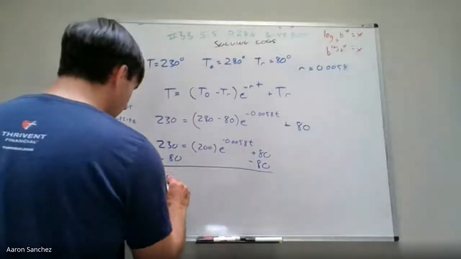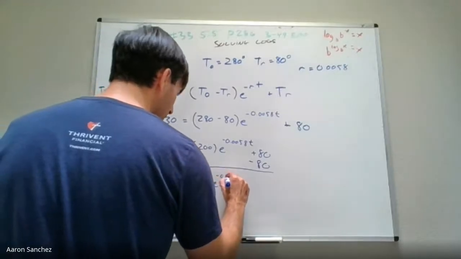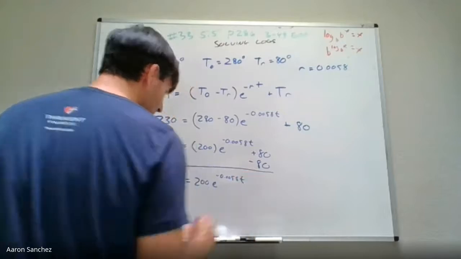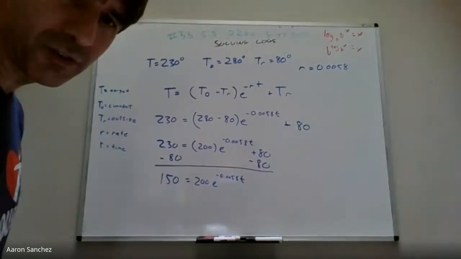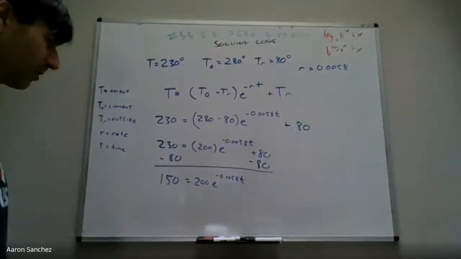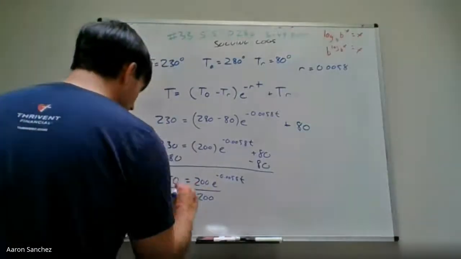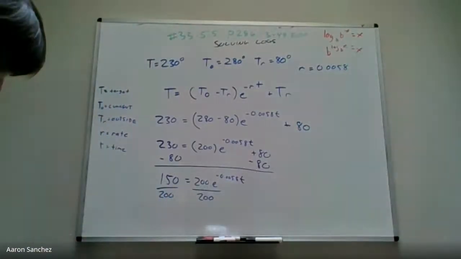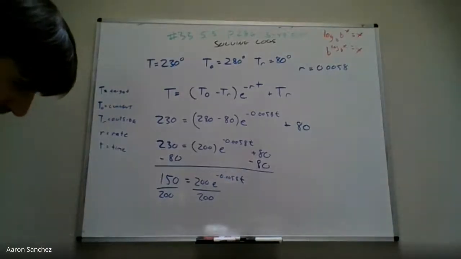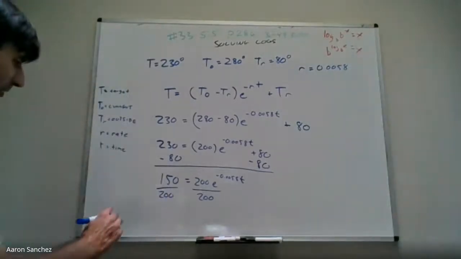Yep. So I got 150 equals 200 e to the negative 0.0058 raised to the t. Okay, still need to get e by itself. What do I do now? e's not by itself. Jeshua, what do you think I do next? I want to get e by itself. Divide by 200 on both sides. Nice, very good. Divide by 200. 150 divided by 200 is, let me calculate in my brain real quick, 0.75. I think it's 0.75. Is that right? Yeah, 0.75. So I got